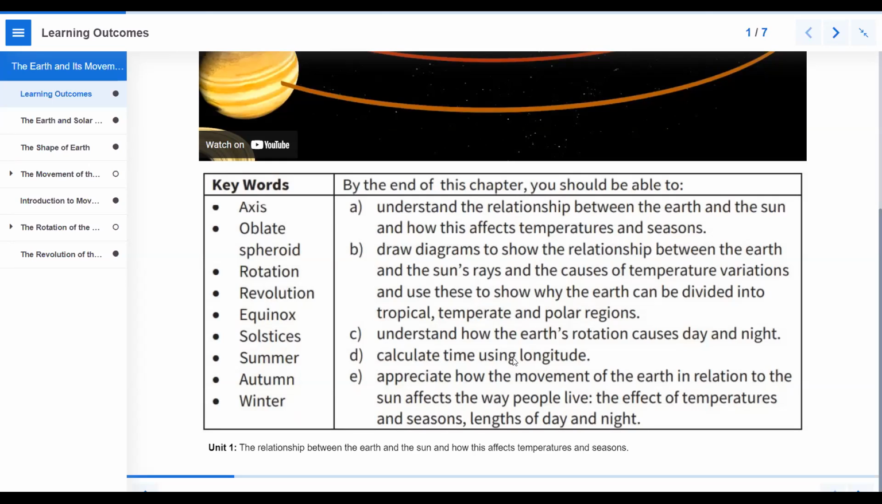Okay, so thank you very much for reading through. Understand the relationship between the earth and the sun. So what is the relationship? How do they relate, the earth and the sun? You remember there was a huge battle at some point in human history where people were saying the earth is the center of the world. And then other people were saying